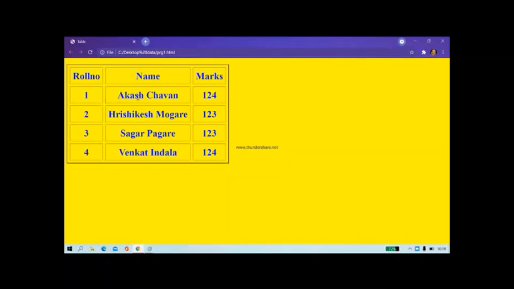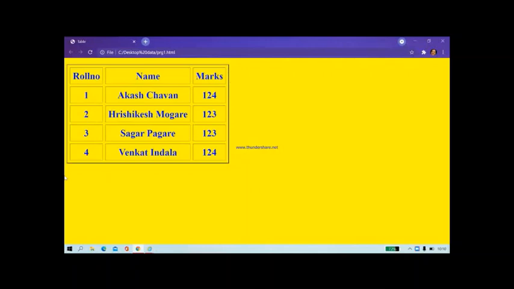Then you have to go 1, Akash Sawan 124. Second, Rishikesh Mogre 123. Third, Sagar Pagare 123. And fourth, Venkat Indala 124. So like that you have to go horizontally when you want to insert the code. So this is a simple form of table.